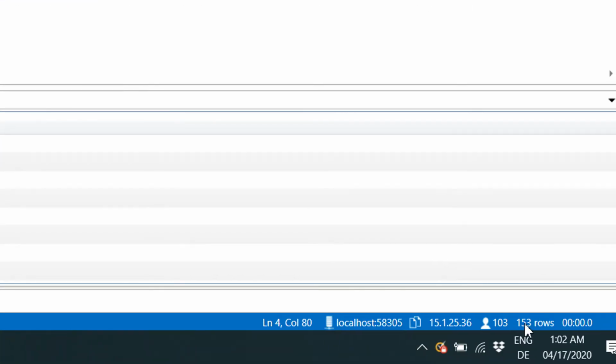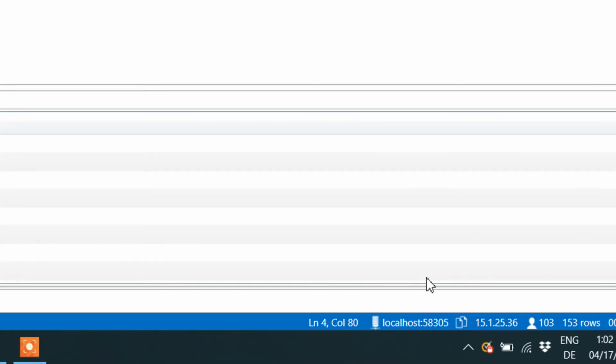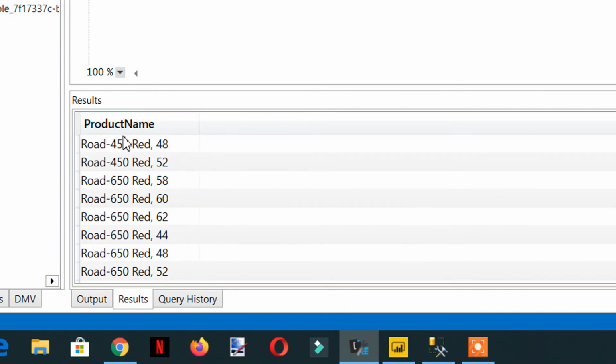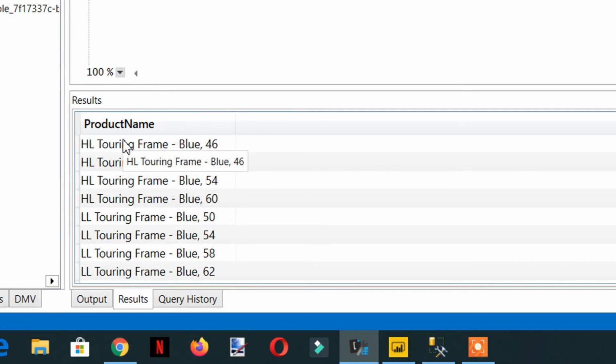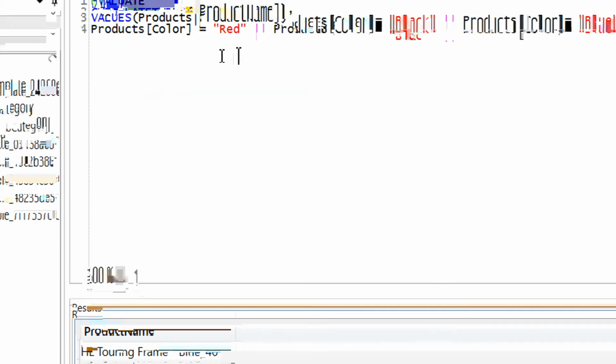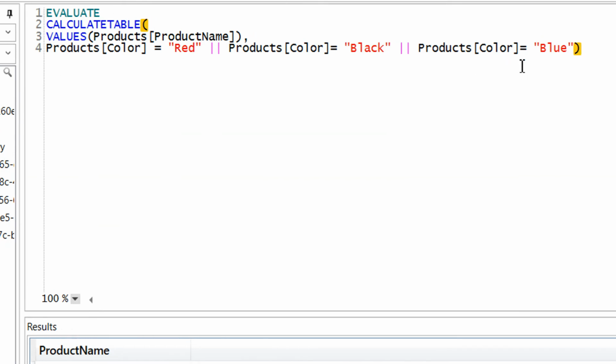And here you can see we are getting 153 rows, and we are getting all the products that are having a color red, black and blue.